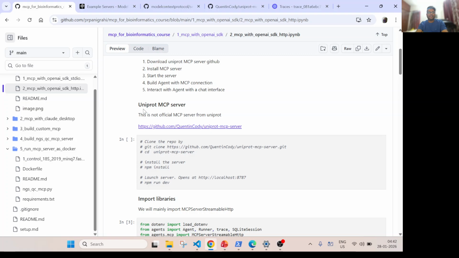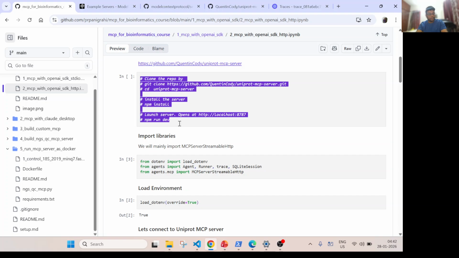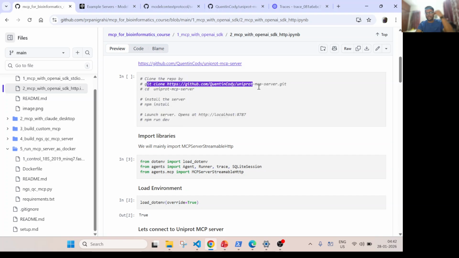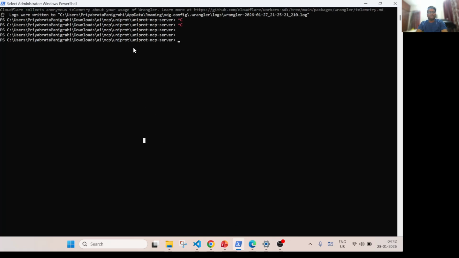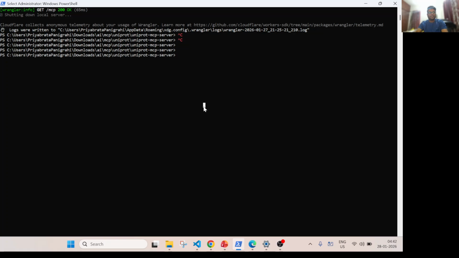The instruction is that we'll be installing that UniProt server. We'll download it. You can do a git clone, then go to the server, then install and run it. In my local system, I have downloaded this UniProt MCP server and already installed it with npm install. So what I have to do is launch this UniProt MCP server with the command npm run dev. When I do this, it will launch an MCP server,